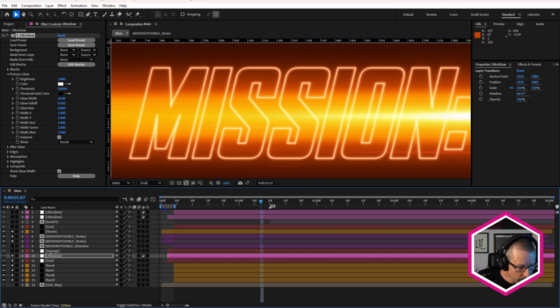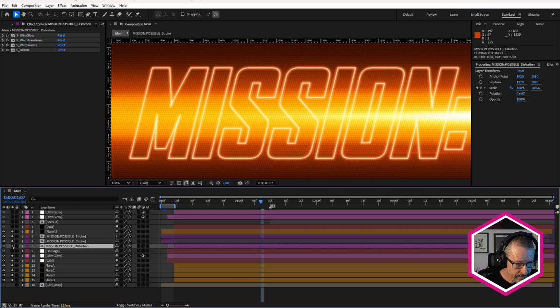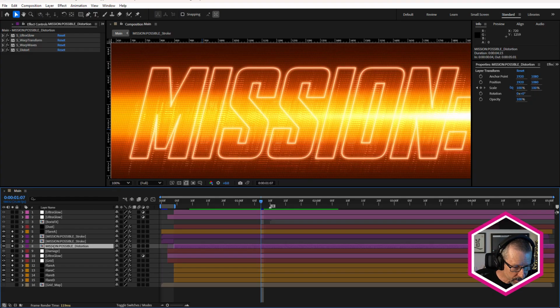Okay, so let's take a look now at this distortion. In the trailer, there's what looks to be a particle effect behind the text. I tried to create it with different Sapphire effects, and I just wasn't happy with what I was getting. Besides Sapphire Dust, which isn't a particle effect but looks like one, Sapphire doesn't really have any particles. And rather than get something that I wasn't happy with, I decided to use it as inspiration, but create my own look, which I actually prefer. And this is using distortion. So I'm just going to solo that.